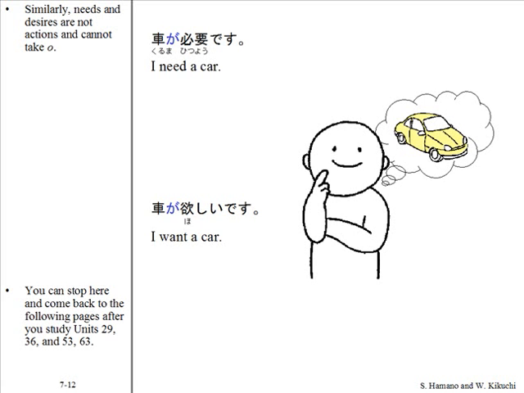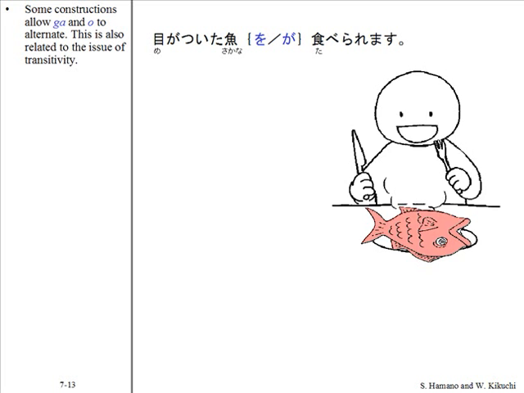You can stop here and come back to the following pages after you study Units 29, 36, 53, and 63. Some constructions allow ga and o to alternate. This is also related to the issue of transitivity. 目がついた魚を食べられます。目がついた魚が食べられます。